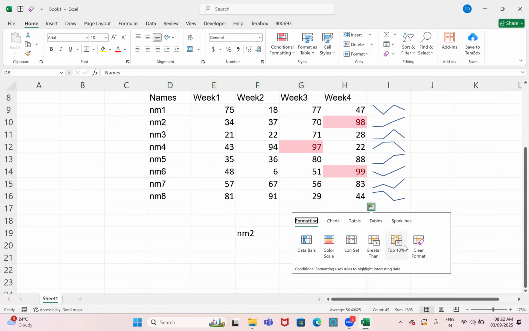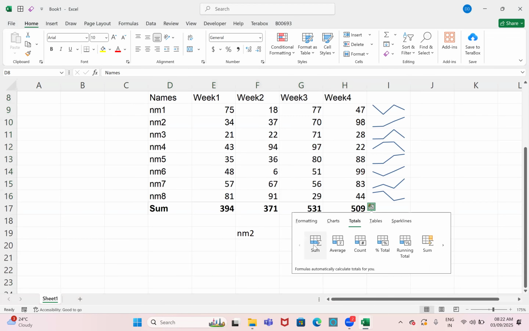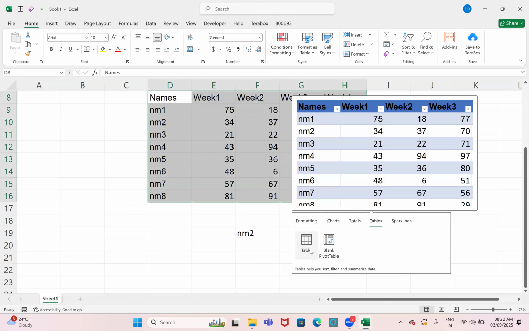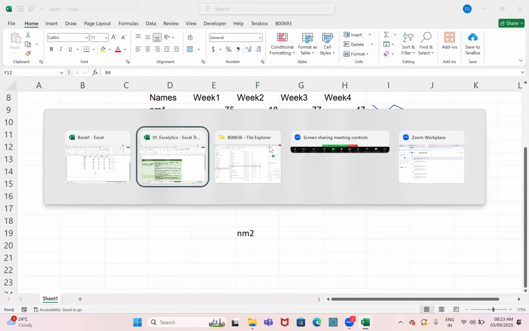All the possibilities. Maybe I want to apply some formatting, or I want to apply some charts. Okay. Or do you want to create totals? See, here in the bottom it is giving the total. Or table, do you want to convert this into format as table like this? So here itself you can see all the possible options. Without going to that tab and selecting the option, from quick analysis itself you can choose it. Right? That is available from 2013 Excel.